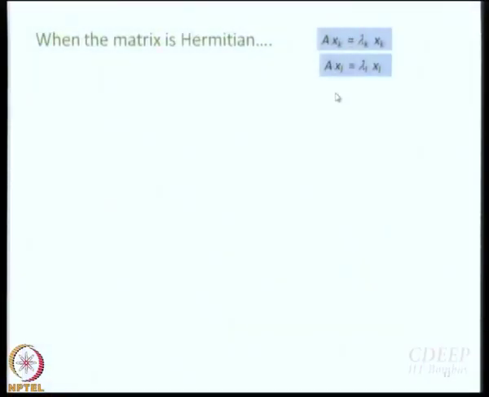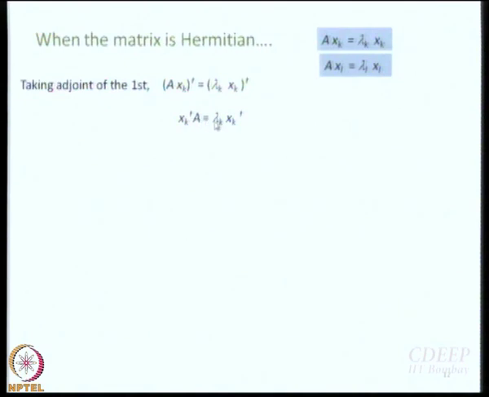Okay. So, you start with 2. If I want to talk about orthogonality, then I cannot work with only one, right? I have to take 2 vectors. So, let us say xk and xl, A xk equal to lambda k xk and A xl equal to lambda l xl, right? Take these 2 and proceed more or less in the same manner as the previous derivation, okay? Just take the first one and take the adjoint. This is what you get. Do you agree that this is what you get?